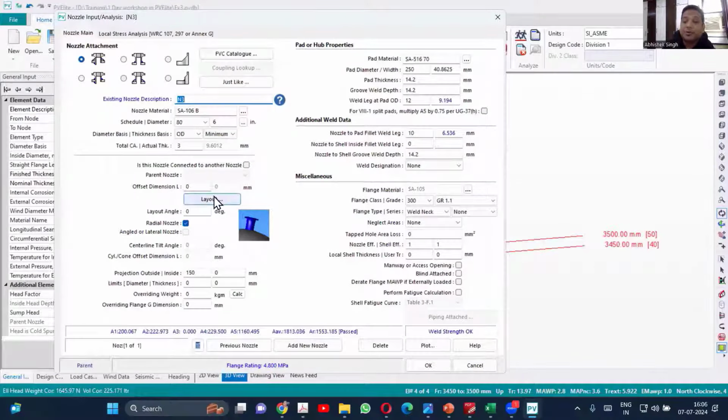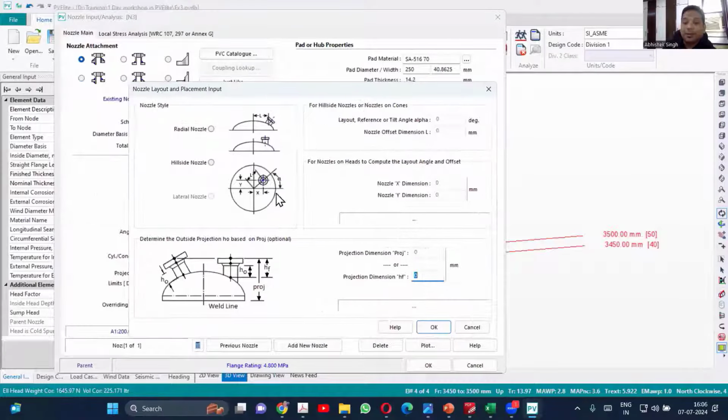Okay. Again, you go to layout. Now what I have provided is at the center. Okay. I want a nozzle which is vertical. I don't want a nozzle like this. Okay. Because very rarely you'll have a nozzle which has an angle with the dimension. So mostly you'll have this kind of configuration where it will be shifted. Okay. So you can select that option and then we'll give the layout reference angle, at which angle you want, like this alpha. So I want 45 degree and the offset will be,